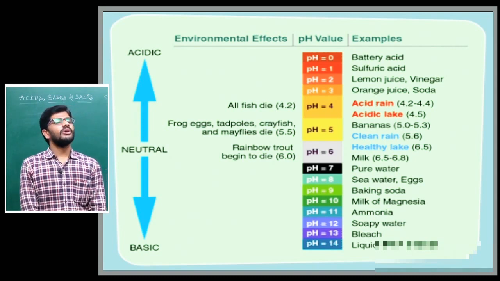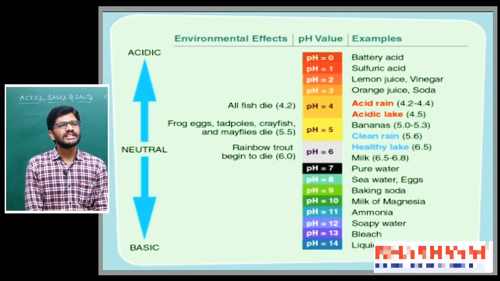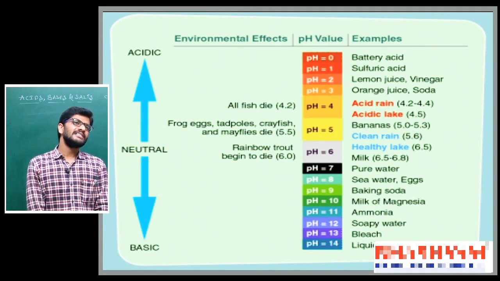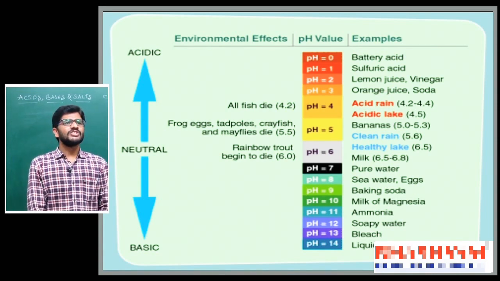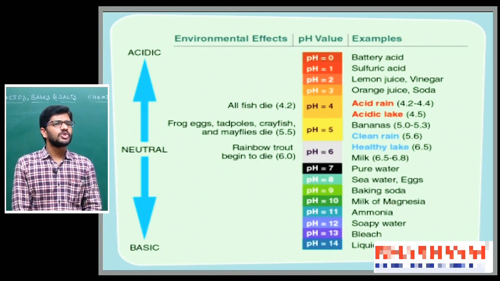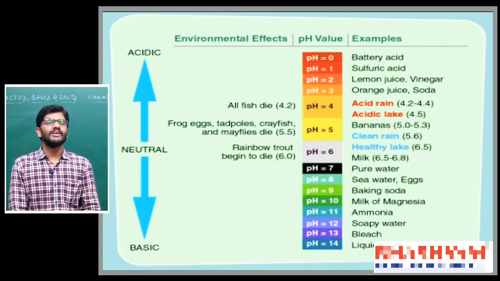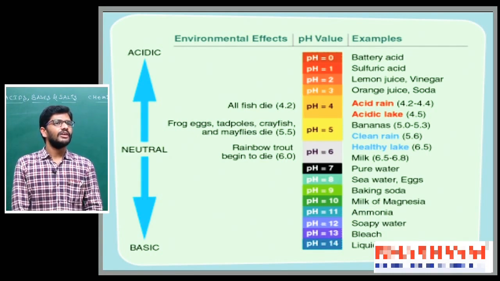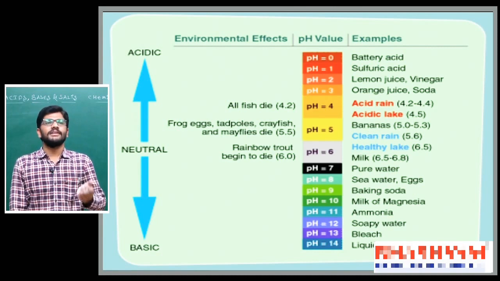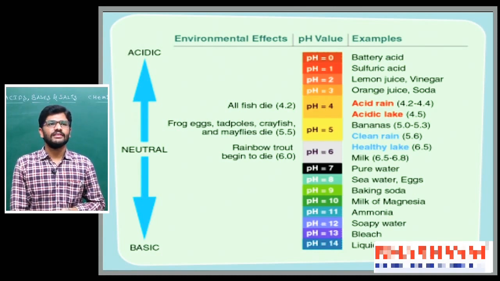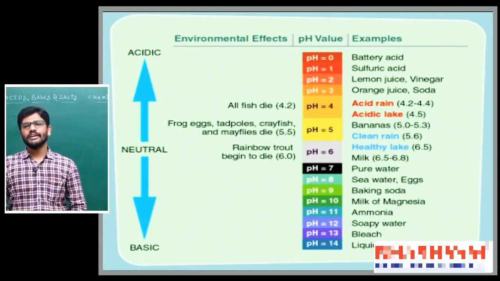Students, once you observe, we know that sulfuric acid is a strong acid, yes or not? Yes. Why is it a strong acid, sir? The pH value is 1, between 0 to 3. It is strong. Now observe pH equal to 12, soapy water. Soapy water consists of sodium hydroxide or potassium hydroxide, those are bases. So if the pH is 12, 13, 14, they are strong bases. Yes or not? Yes.